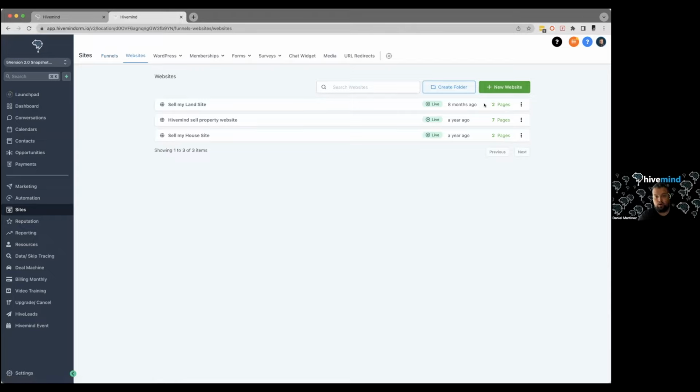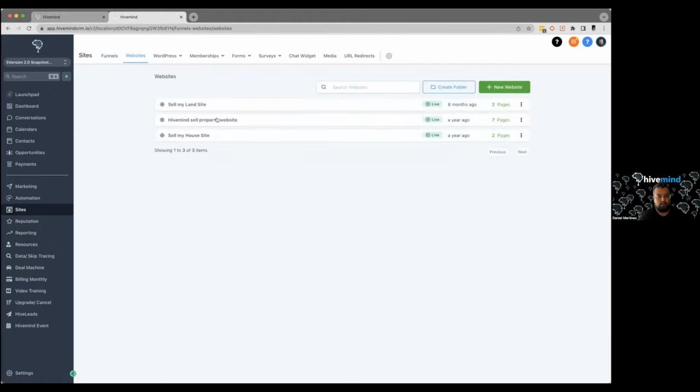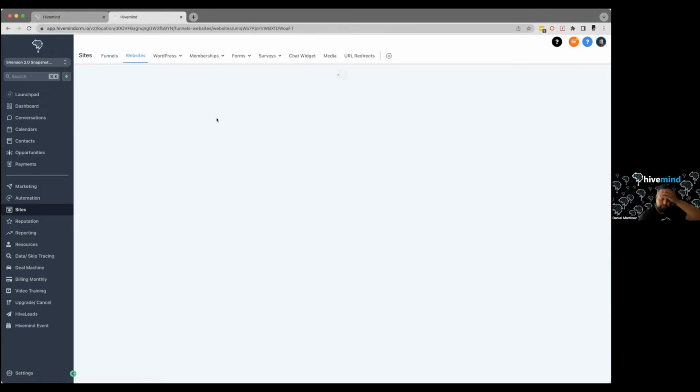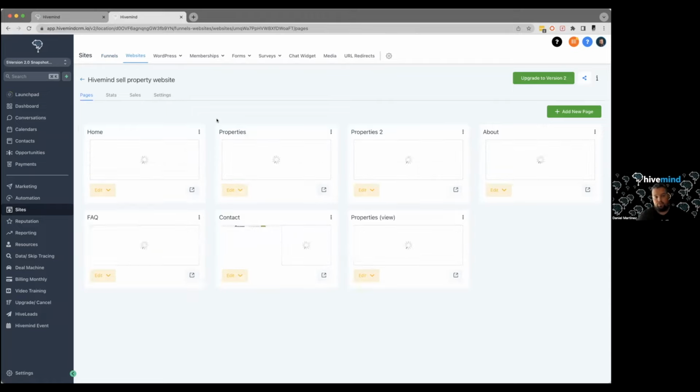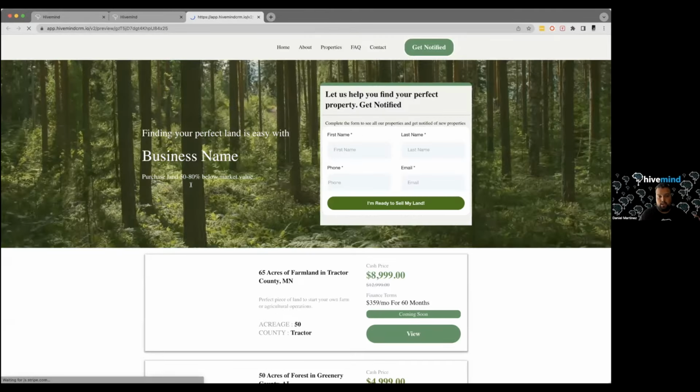This is like our credibility side you can see. Let me open it up. As you can see, we have different land pages. All these are copyable. Wait, where's the other one? There we go. That's the one. So we have different like dumbed down versions, complicated versions. You can kind of go as crazy as you want with it. I have plenty of clients that use this template. So this is kind of like our sell property